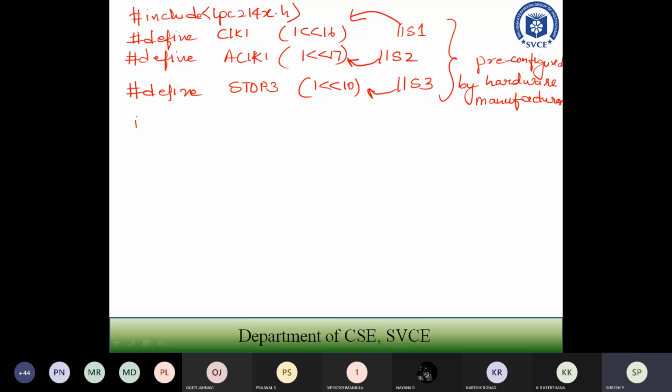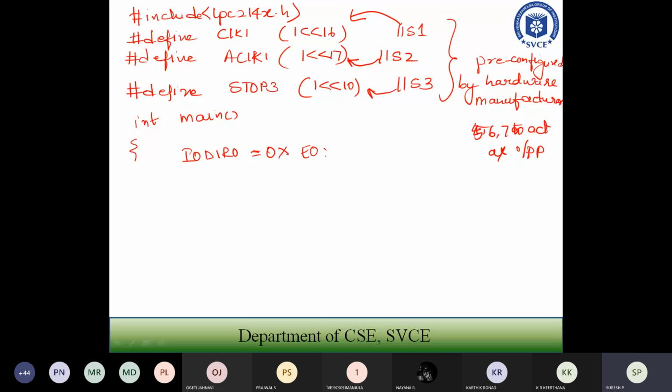Next, when you are going to start with the main, as I told you, I want to make my port to be used as an output port or input port. So I'm going to make use of the direction register. By configuring the direction register, I will make port numbers 5, 6, 7 act as output ports. How do I do it? I have to send 1 to these port bits, so it will be 0x